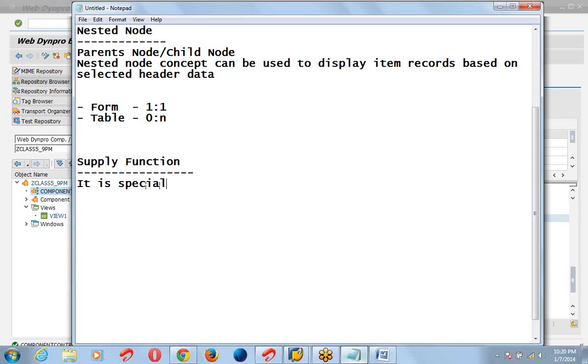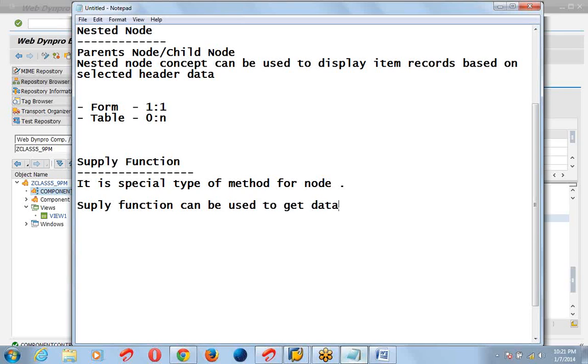It is a special type of method for a node.